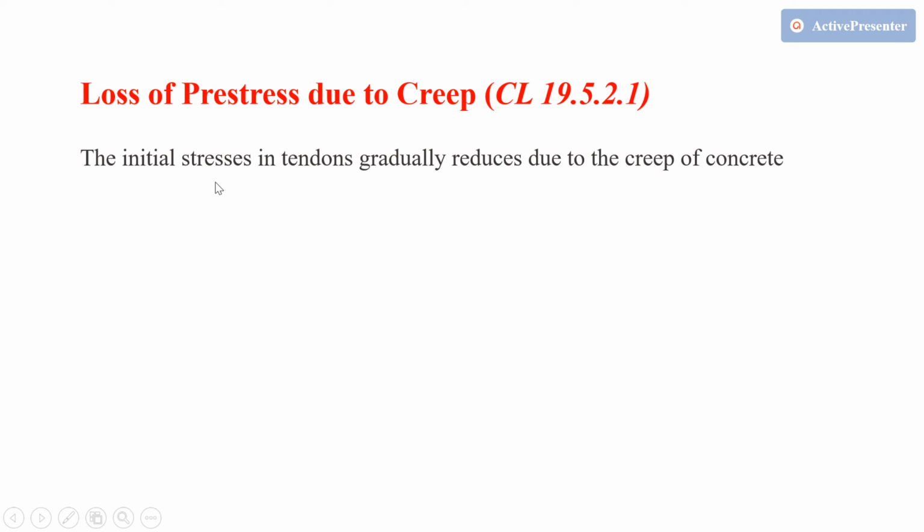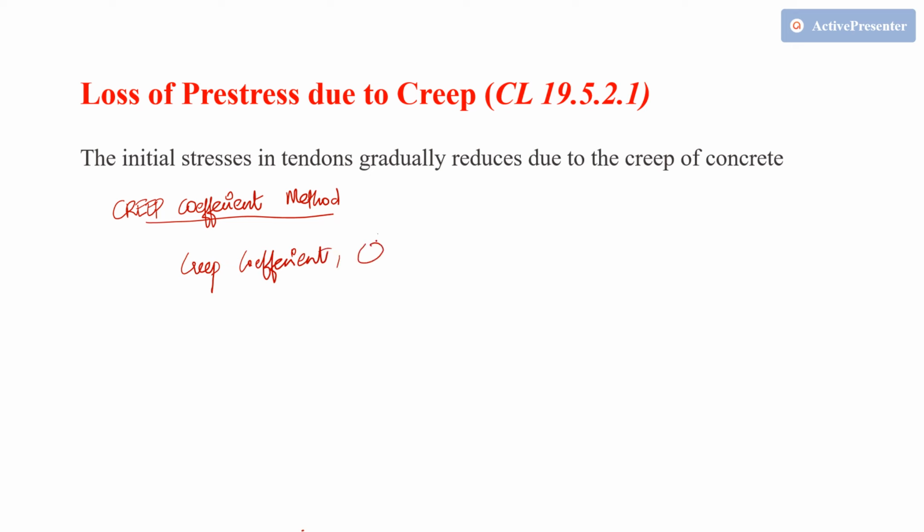The initial pre-stress in the tendon gradually reduces due to the creep of concrete. The method used to determine the loss due to creep in concrete is the creep coefficient method, which I'll explain to you. In this method, we first need to understand what we mean by creep coefficient. Creep coefficient is denoted by phi naught, which is equal to creep strain,